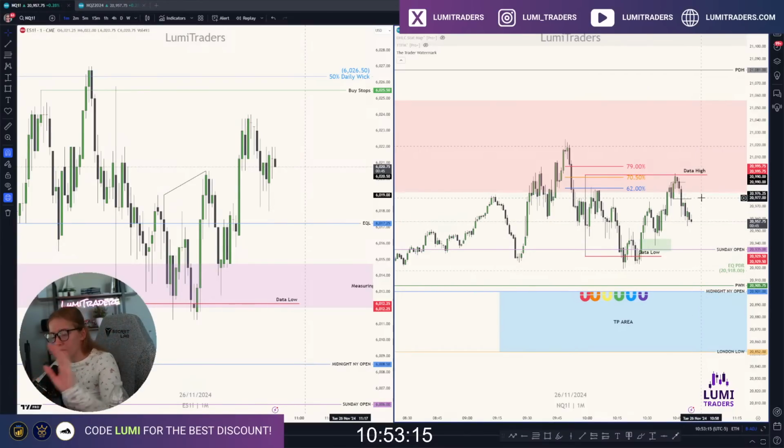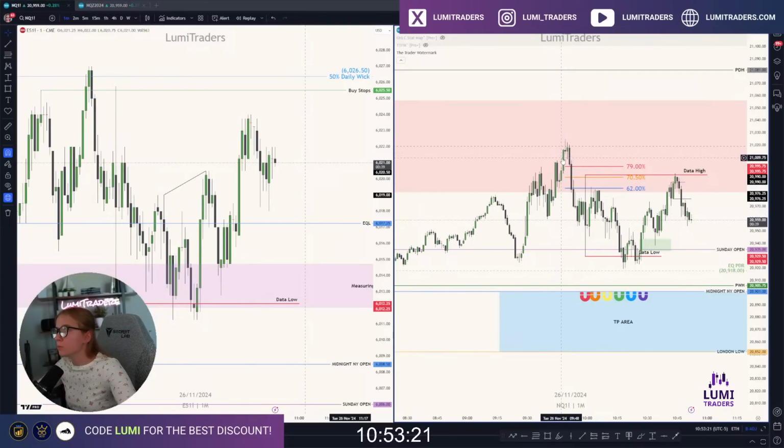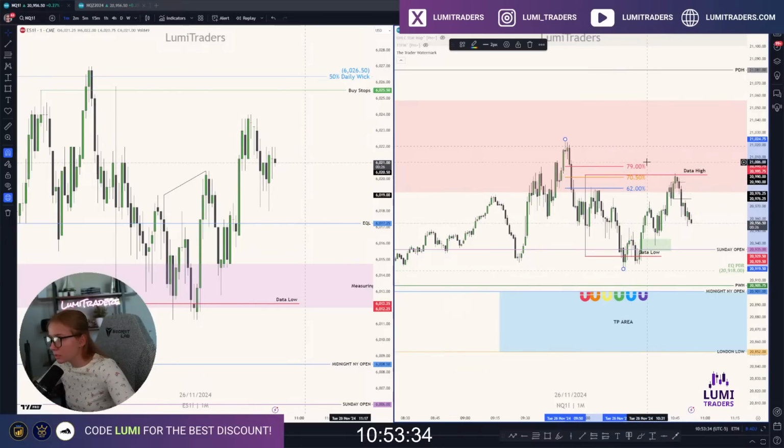But let's talk about twin setup. So basically what we can see right here, imbalance. We got 5-minute bearish order block. We got retracement. We want to measure from this high to this low, and here is 62%. Basically, if you want to trade twin setup, you would like to find the range between 62 and 79%. Inside this range, you would like to wait for entry.